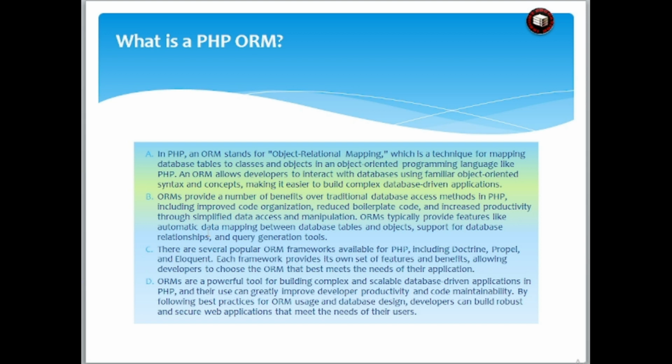PHP ORM. ORM stands for Object Relational Mapping, which is a technique for mapping database tables to classes and objects in an object-oriented programming language like PHP. An ORM allows developers to interact with databases using familiar object-oriented syntax and concepts, making it easier to build complex database-driven applications. ORMs provide a number of benefits